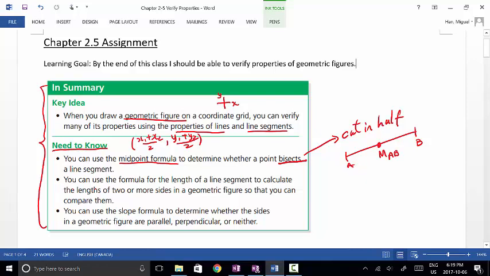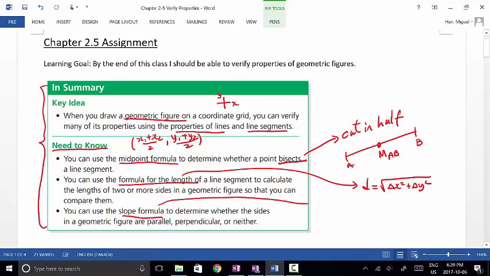Okay, so the next point says you can use the formula for the length, and that's our distance formula, right? So d equals the square root of delta x squared plus delta y squared. So the distance formula of a line segment is used to calculate the length of two or more sides in geometric figures so that you can compare them. And the last point here says you can use the slope formula. So the slope formula, which is m equals delta y over delta x,